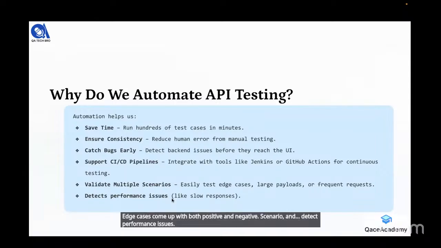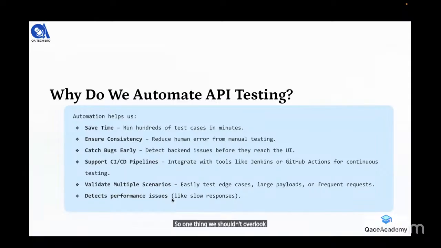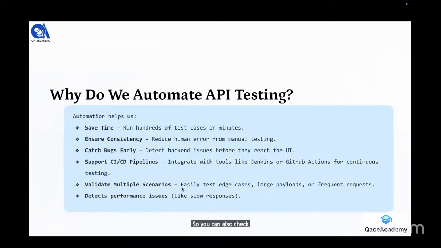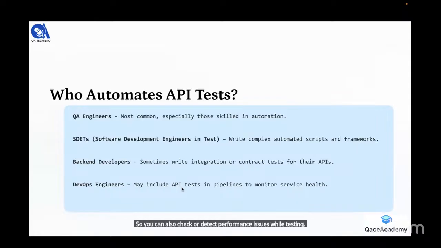So one thing we shouldn't overlook while testing both APIs and UIs is performance, response time, very important. So we can also check or detect performance issues while testing APIs. So moving on,